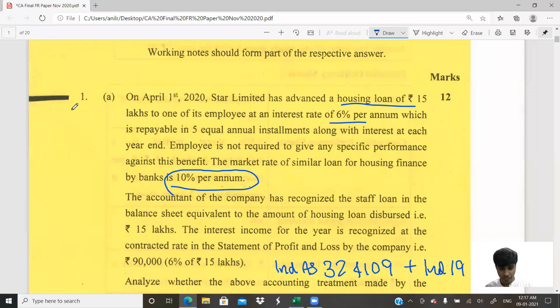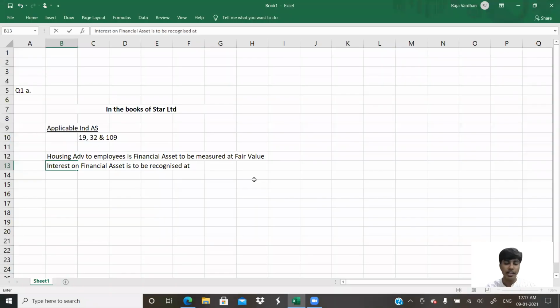Recognized at, here they've recorded at 6%. They've given it very clearly. So profit or loss, how much have they taken? 90,000. That is 6% of 15 lakh. But what is it that they should take? They should take 10%. That is the market rate. Interest on financial asset is to be recognized at market rate. Both of these things we are supposed to do, and recognize